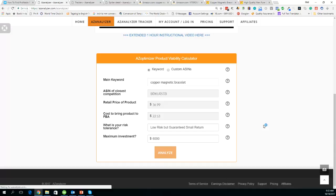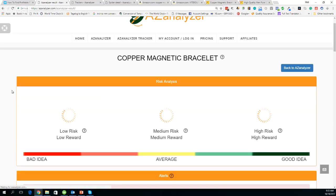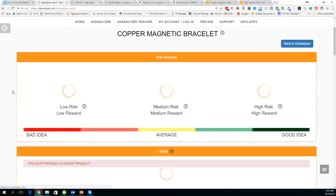Okay. Now this does take a little bit of time to come up. So let's see how quickly this rolls forward. If it takes too long, then I do have the window open already. So basically what it's doing at the moment is calculating all of this. It's going off to get the data from this particular ASIN. It's then searching that first page of results, and it's going to come back with a lot of information. Now, let me just start to scroll down here. And it's going to give us the good, bad, or the ugly